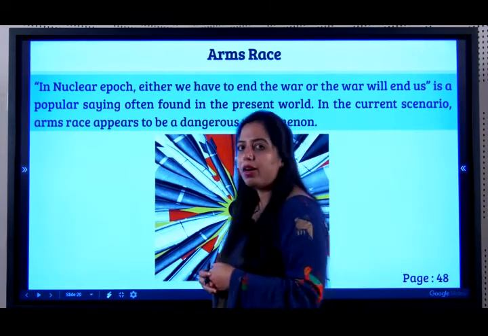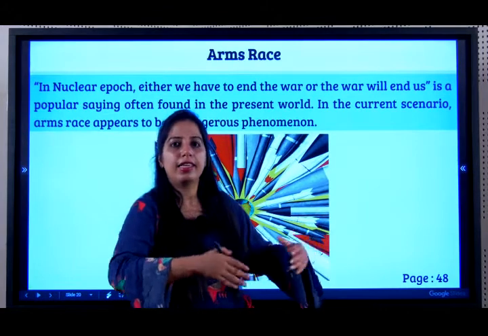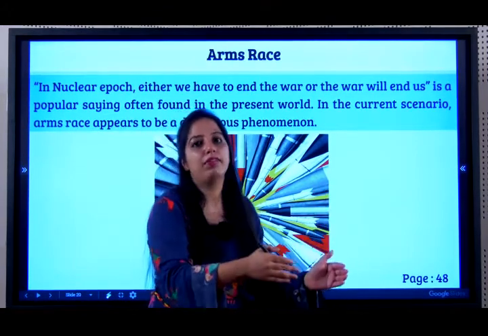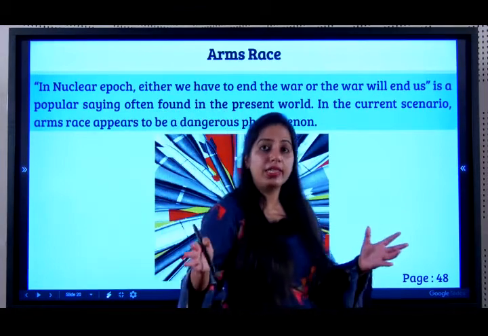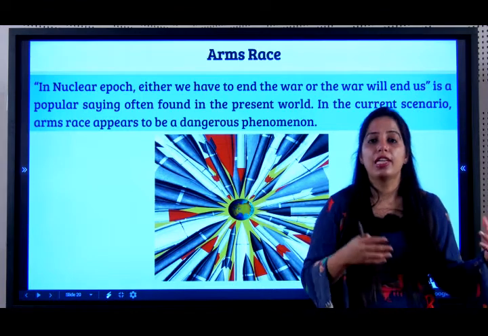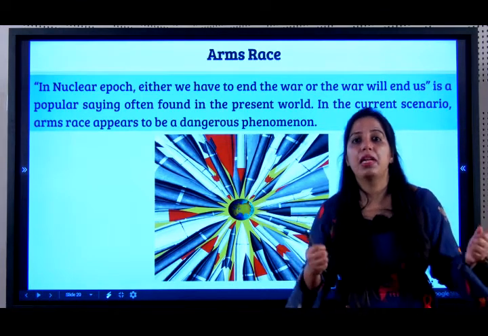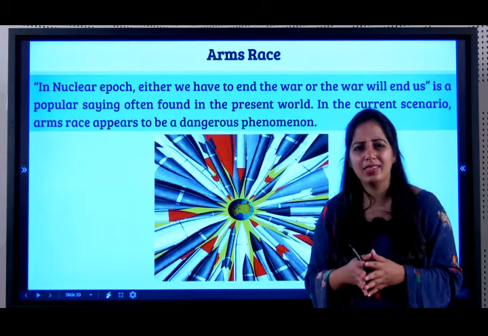What is the meaning of arms race? All countries are competing: I have this many weapons. Let's say India is competing with Pakistan. I have 100 weapons, and then Pakistan says I have 150 weapons. Or Russia and USA are fighting this competition where Russia goes like, I have 20 missiles, so the US will be like, no, I'm going to see to it I buy 25 missiles. Do you think this competition makes sense?